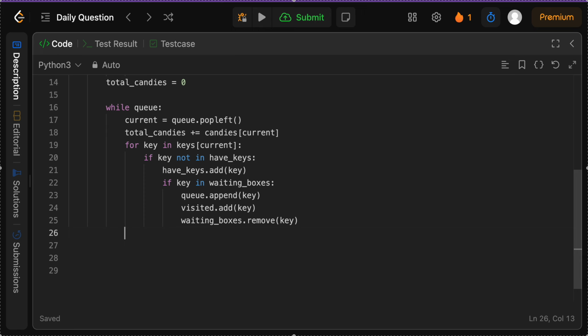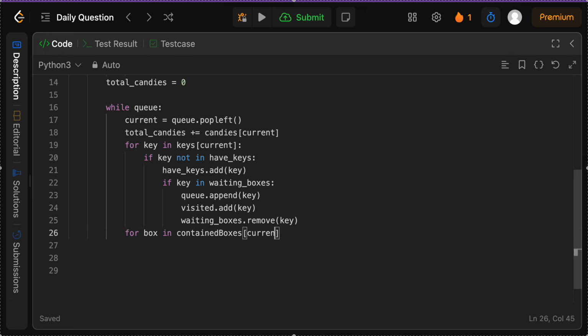Now, we're going to have one more iteration here to process our contained boxes, because again, note that each box has two properties. One that contains the keys for other boxes, and then the actual different boxes it contains itself, right? So for every box in contained boxes, in this case now,